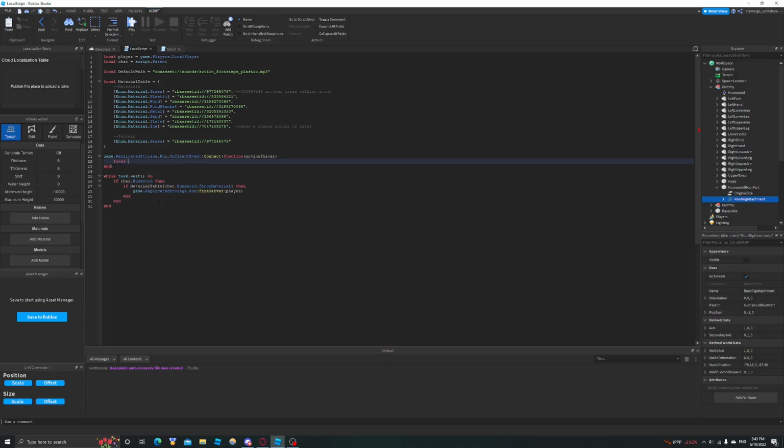Local running sound walking equals char.HumanoidRootPart:FindFirstChild("Running"). And that's the sound that you hear every time you're running or walking. So let's actually change the sound ID. SoundId equals